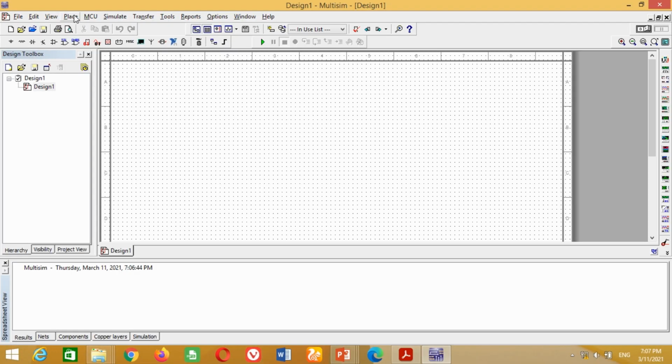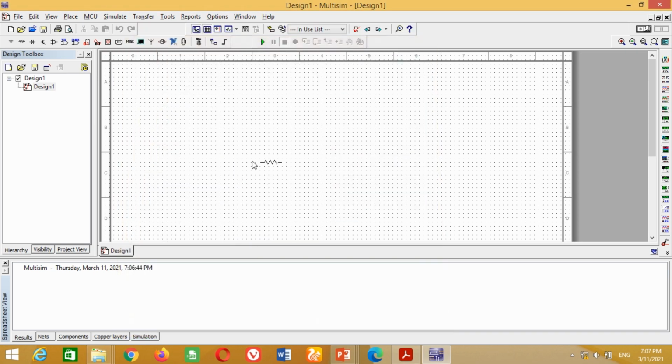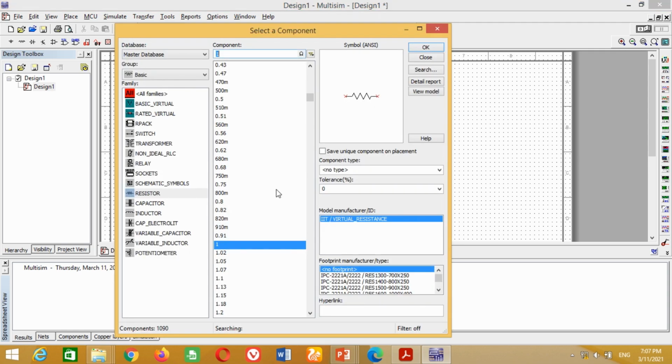You can see a new window is open. In the group section, click on Basic and then select the resistor block and press OK. As you place this resistor, the same window will automatically open for your convenience to take other components. However, you may close it if you do not want to take any component.